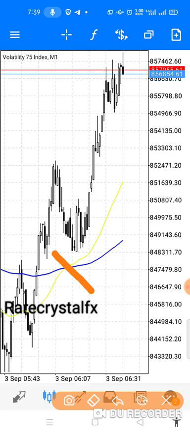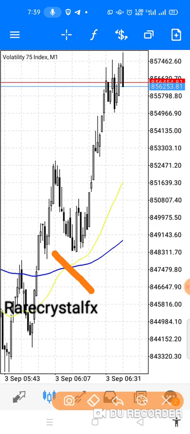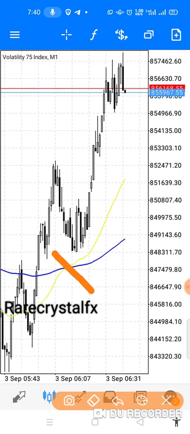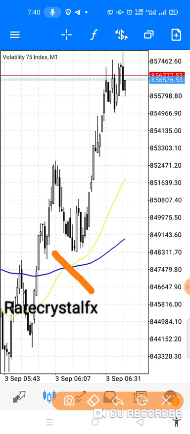You can see here at this point the 50 moving average that we have, that is yellow, came to cross the 200 moving average. Now when it crosses the 200 moving average, what will you expect? You expect the market to actually move immediately. In the case where the 50 moving average is crossing from below, crossing it above, then you know that market is going to buy, like in this case. Then you make your entry,